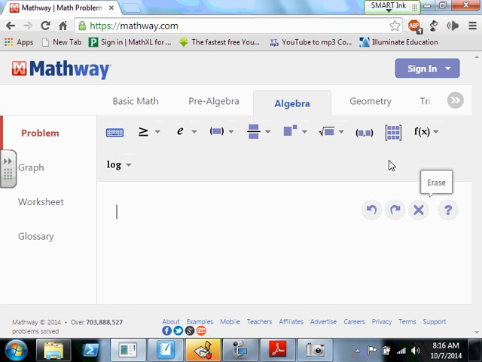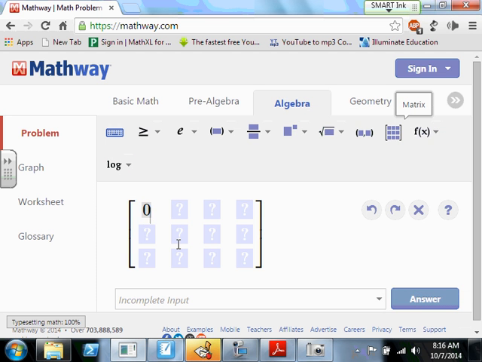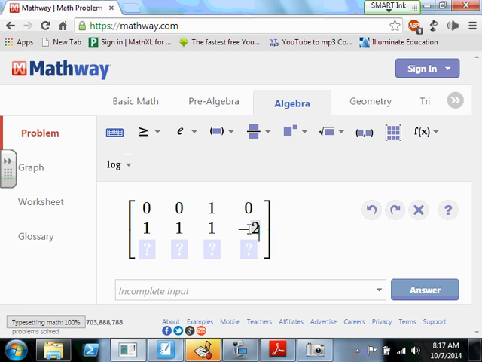Yes, I want to erase that problem. I want a 3x4 matrix. My row was 0, 0, 1, 0. And then what was my next row? Was it all ones? 1, 1, 1, 1. -2 on the end. Good looking out. And then the last row,